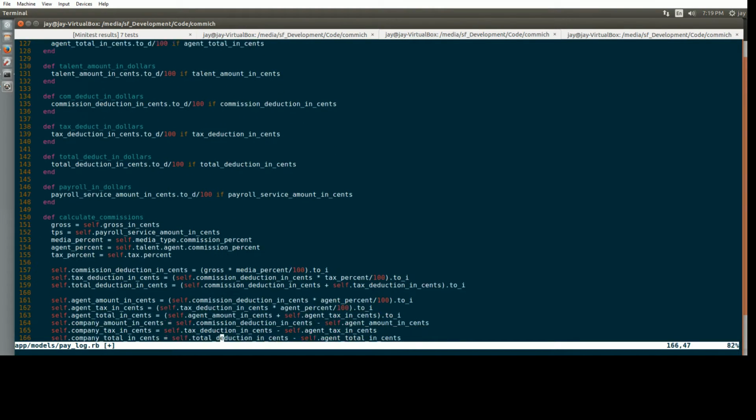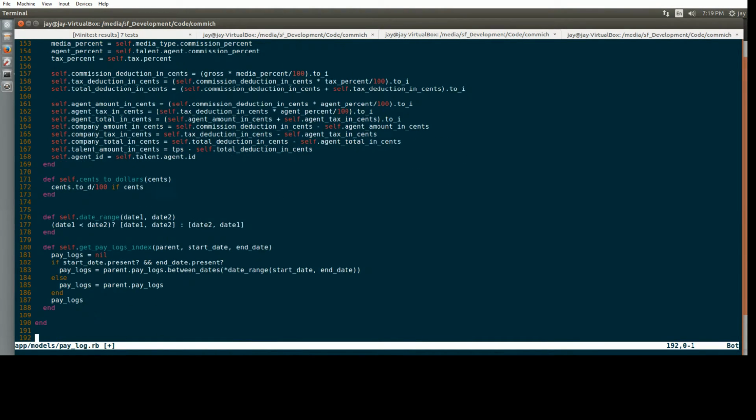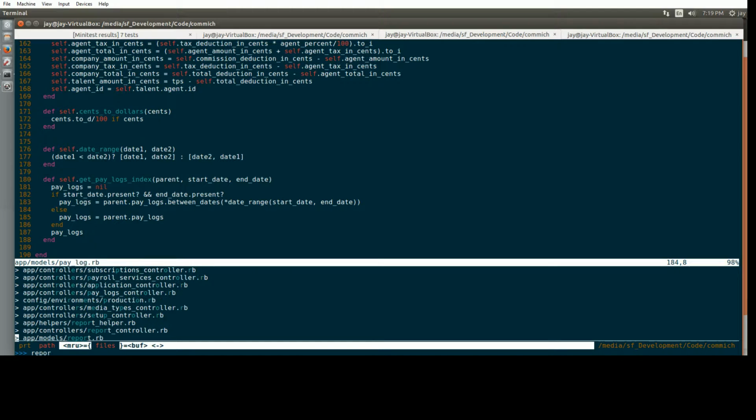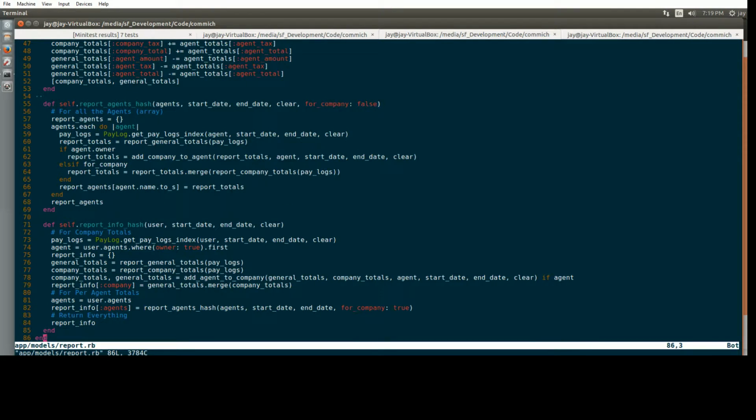Do we have to do anything else down here? Get paylogs index. Okay. So that was that. So then the other one was the report model, I think. Okay. So in here, I'm just going to delete all of this. So now we've seen one way we could have done it, and it worked, except for clearing. I could have cleared out the start and end time pretty simply, but